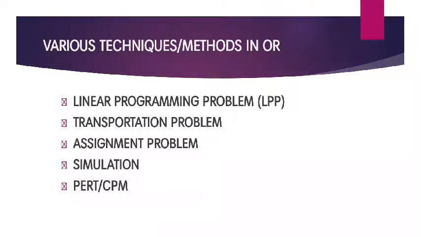The next one is assignment problem. An assignment problem is a particular case of linear programming problem in which a number of operations are assigned to an equal number of operators where each operator performs only one operation. The overall objective is to maximize the total profit or minimize the overall cost of the given assignment problem.